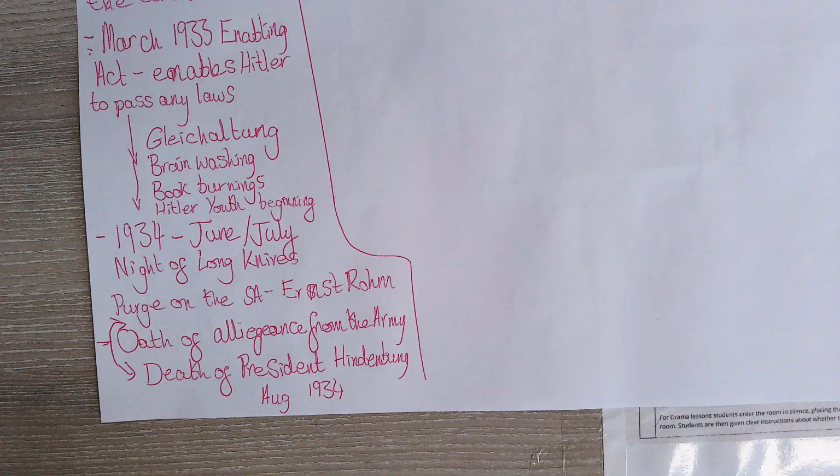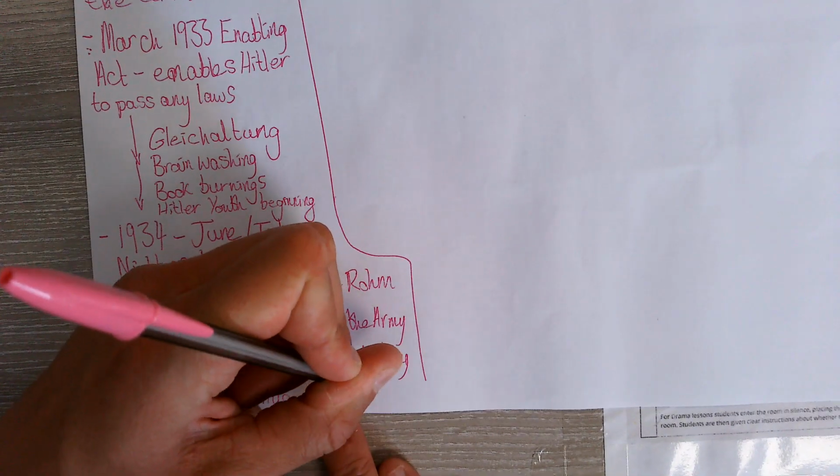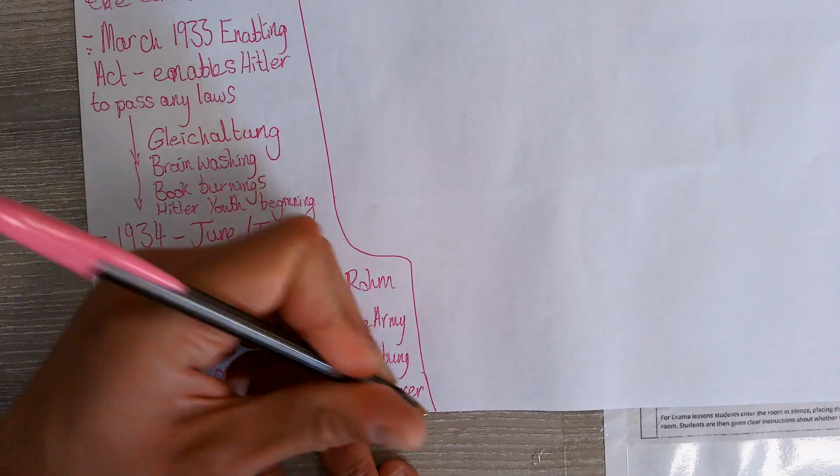Well, two things happen. Hindenburg dies and Hitler decides there will not be another president. He gets the army to swear an oath of allegiance to him and the Nazi Party, but specifically to Hitler. And he uses that to push through a public vote on Hitler becoming the Chancellor and the President in this new role, the Führer, and actually the German public vote overwhelmingly in favour of Hitler becoming the Führer. So he does it legally, he doesn't just force it through. The people vote for him. Okay, so Hitler equals the Führer, the leader. All right?